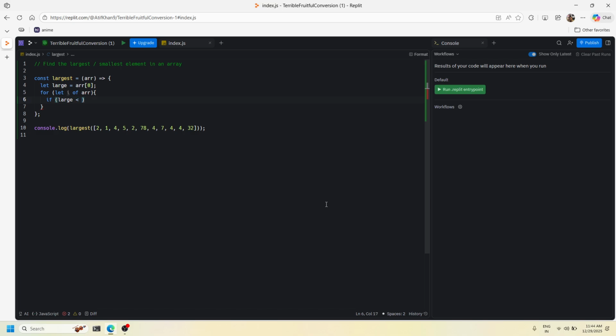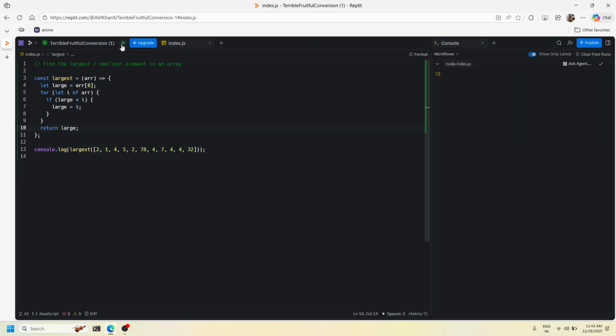So if the large is less than your i, that is a number, then replace it with the i. So what I've done here, initially I've taken the first element as my large, then I'm going to loop through